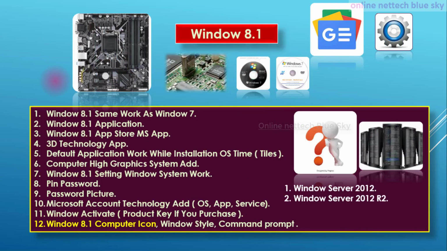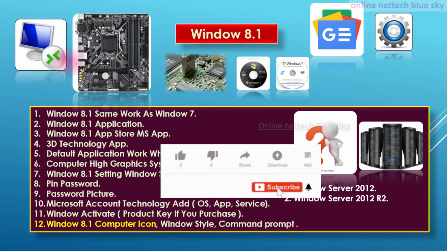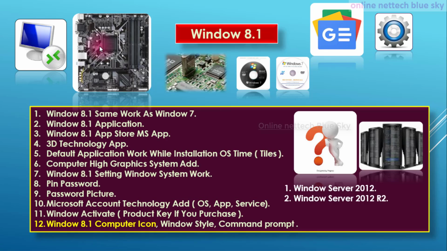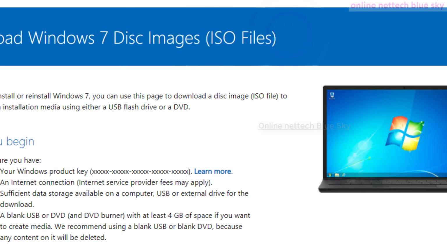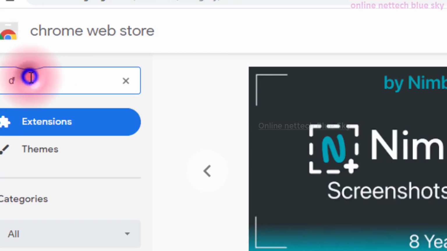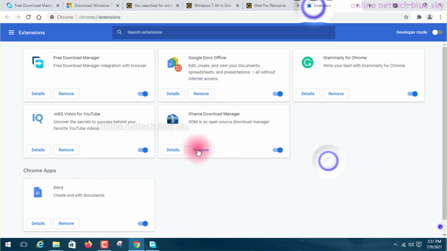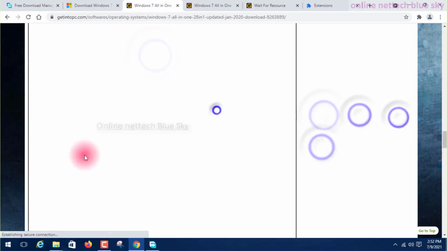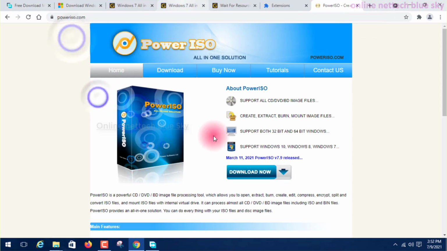That video covers how to create a Windows 8.1 operating system. Windows 8.1 is very important, and I already created this video in my Windows 8.1 playlist. If you want a complete installation, you must watch it. The second video is how to create a bootable pen drive and how you can use it. I already created this video, so watch my second and third video.